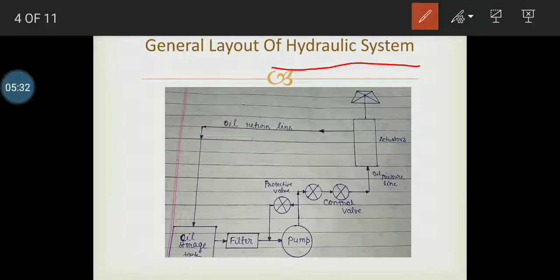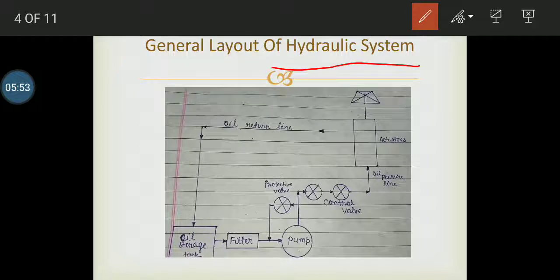the concept behind the hydraulics. Hydraulics is related to the fluid. The fluid is going to make a pressure over here, which is used for the movement of a part, or even the lifting of a part, or creating a pressure. In short, we are going to create a pressure, and that pressure we are going to use in mechanical work.